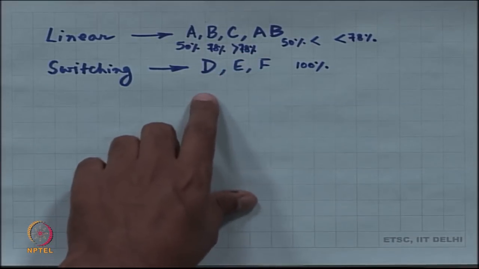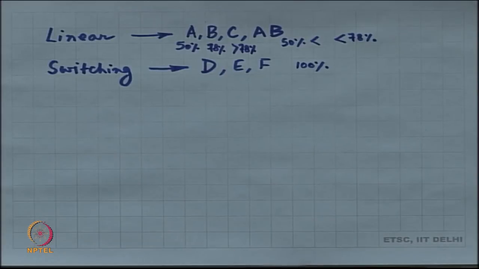Class D, E, Fs are very hard to design, but you start designing them. Let us say you start designing a class E amplifier, right. Your target is 100%, but you will never reach anywhere close by. You will probably be somewhere around 75%, you should be happy. Okay. So,